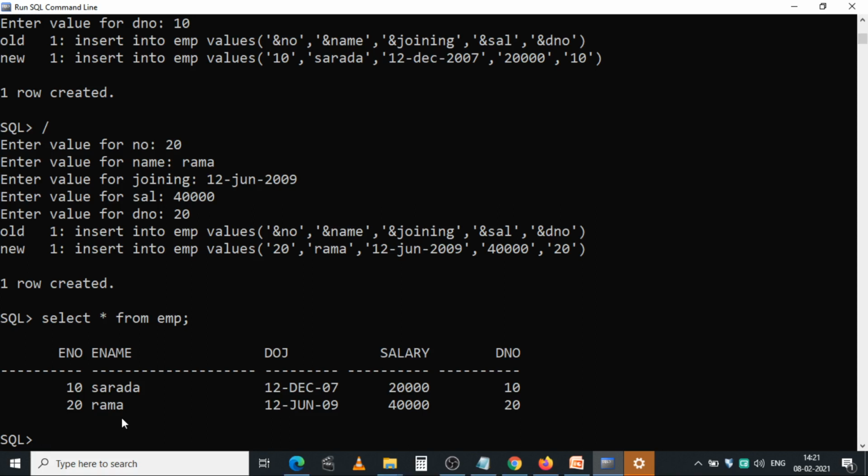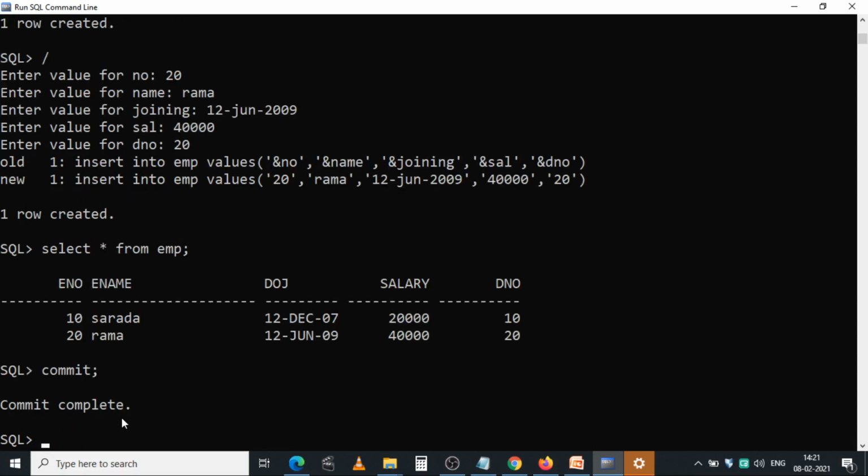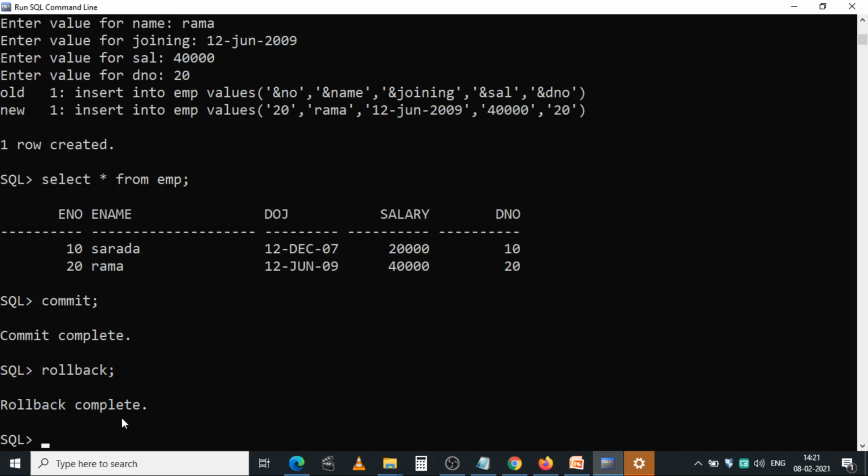Next, if you want to save these changes permanently, you need to use one command, commit. If you commit the changes to the database permanently, then you can never roll back those changes. Even if you apply rollback, it still shows the records from the table.